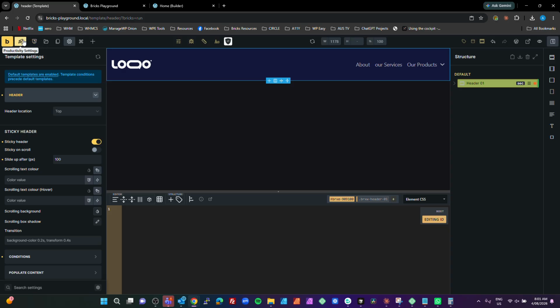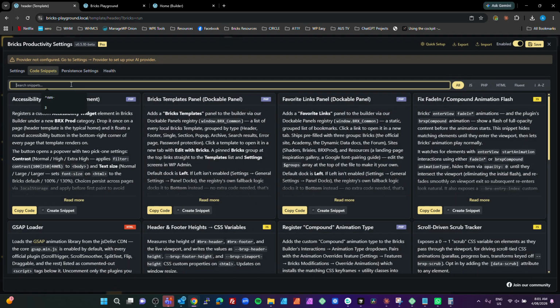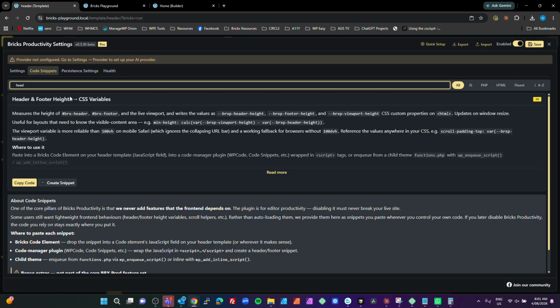So first of all, we're going to go into our productivity settings. We're going to start looking for header. There's our header. This is a free code snippet, so this is stuff that you install. You get this on the free version of BRXProd, and we're going to install that by hitting create snippet. We can do that because we've got Fluent. If you don't have Fluent, you've got to copy the code to the clipboard and paste it into your own code manager. So I'm just going to create snippet,